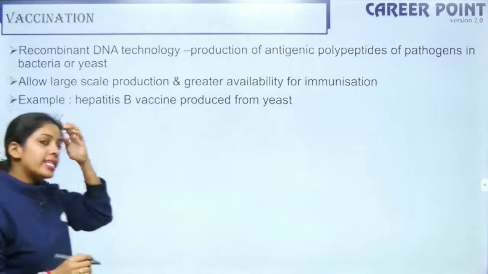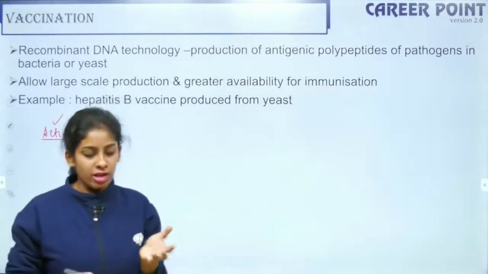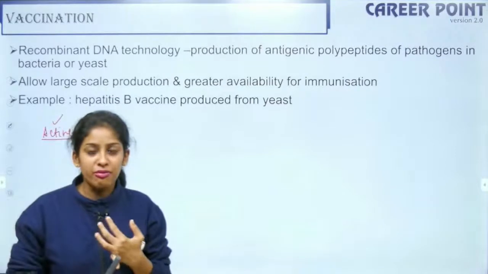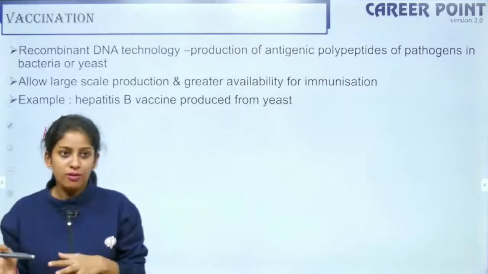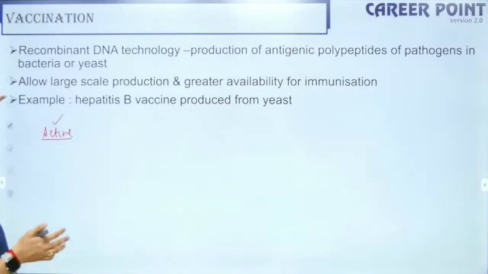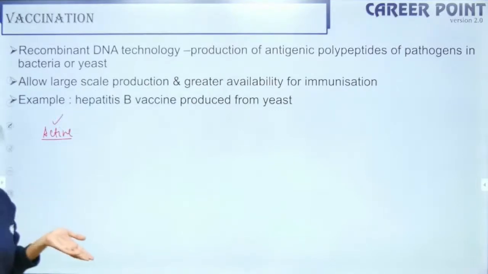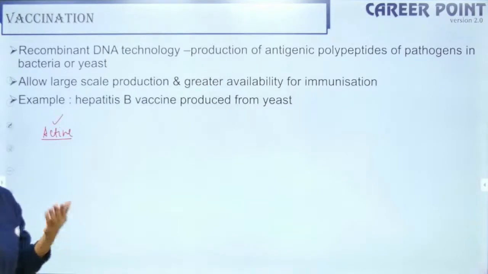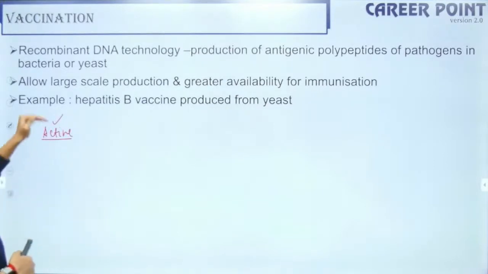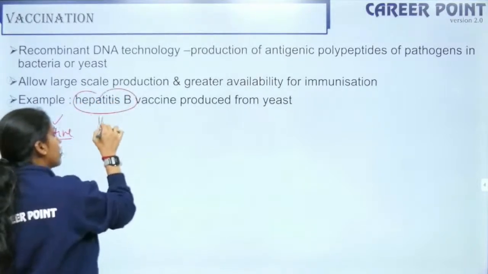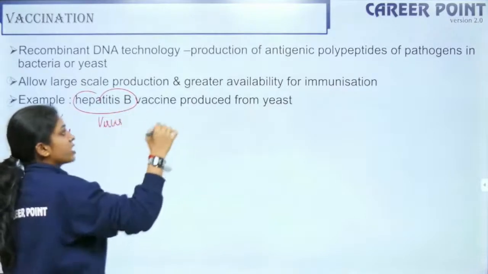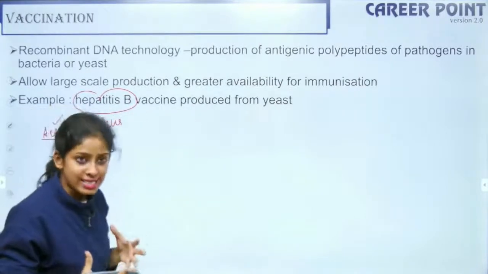There are certain diseases for which passive immunity is given. Like when you have tetanus, hepatitis infection, or a snake bite, you go for passive immunity, right? There are also certain vaccinations where you use recombinant technologies. For example, if I am taking a particular vaccine from a fungus, but I cultivate it in yeast, that is recombinant technology, which we'll talk about in biotech. So please remember the hepatitis B vaccine. Hepatitis B is caused by a virus, but the vaccine was produced by culturing it in yeast, right?